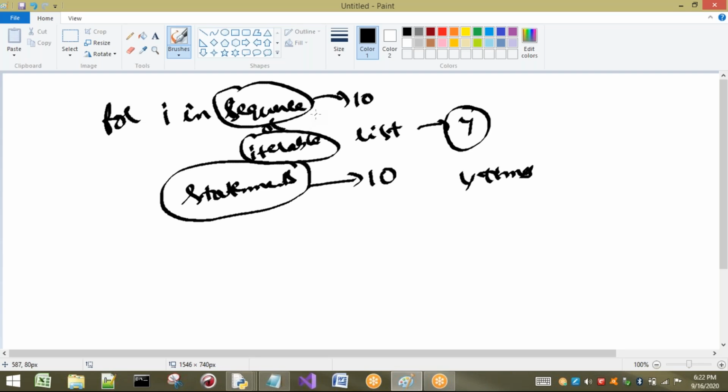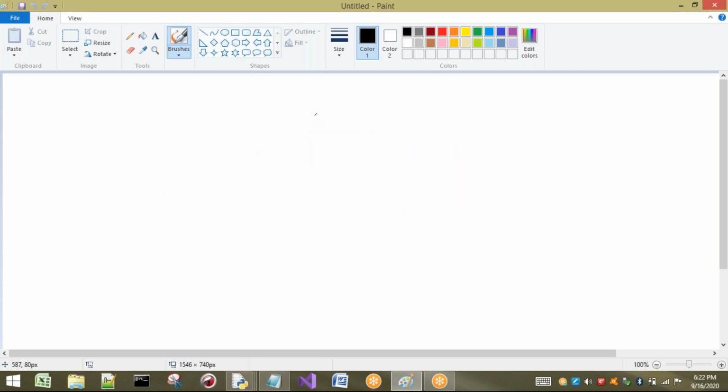But now I am going for a statement called while. This is also an iterative statement. What is that? The while statement. While means what? For example, I'm going to consider while some number is less than 10. I will take that example so that you will get clarity. So while is also one iterative statement.